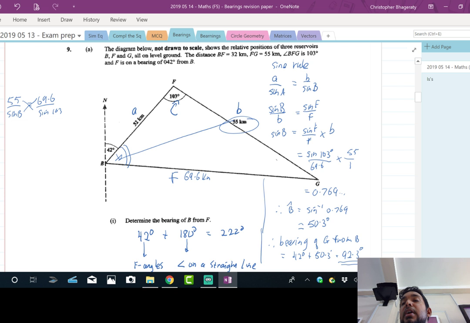Hi Emir, how you doing? I divided first and then multiplied. You divided first. When you say you divided first, what? 69.9 and the sine 103, and then I multiplied by 55. Is that wrong? All right. So if we divided by that, but then how did you move your sine B? Hold on. Watch my board.